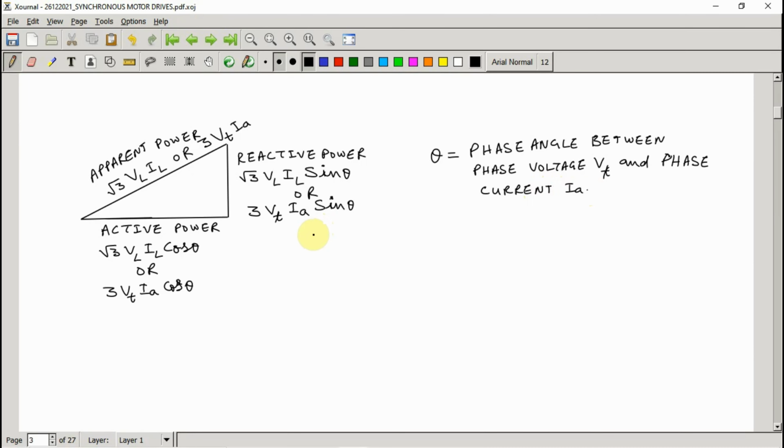Now we can actually derive another equation for the active power delivered by a synchronous machine. Let me write this. So the active power delivered by a synchronous machine, let's say here we are dealing with an alternator. So the active power delivered by an alternator can also be written as